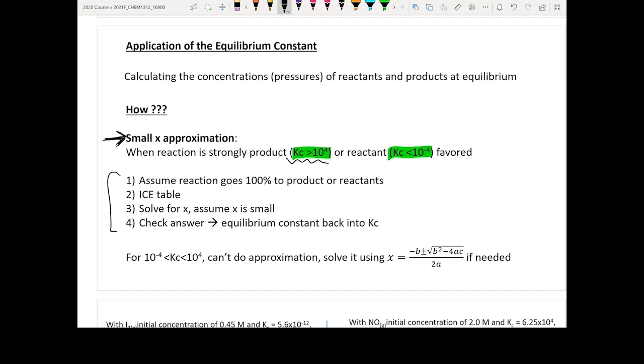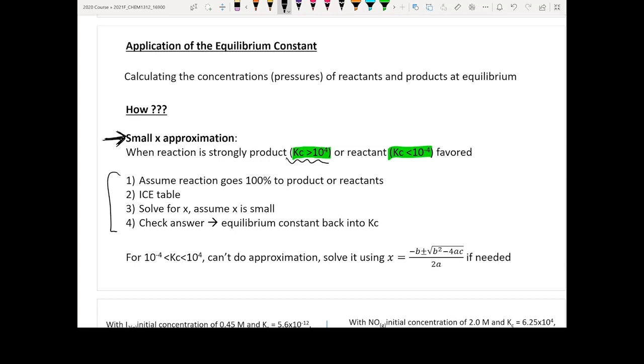Vice versa, if you have a Kc less than 10 to the negative 4, pretty much everything in your solution exists as reactant. If today you have a very small K, less than 10 to the negative 4, then you know only a very, very minor population of your reactant will be converted into product. Under that condition, you can use the small x